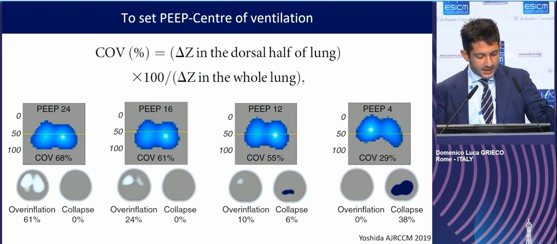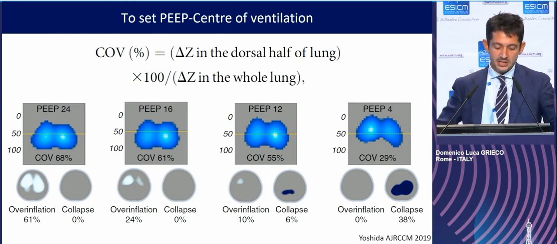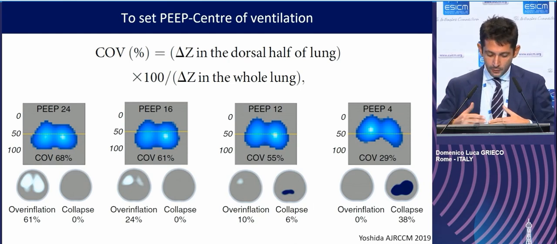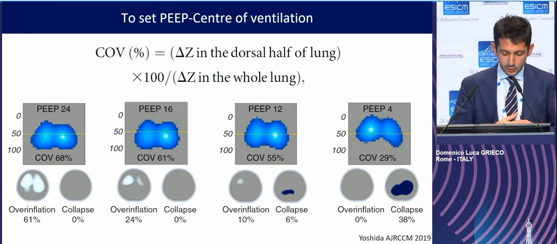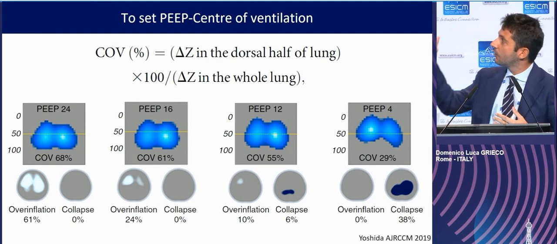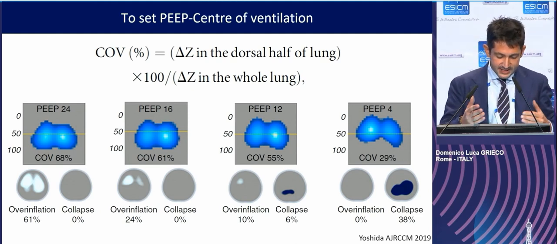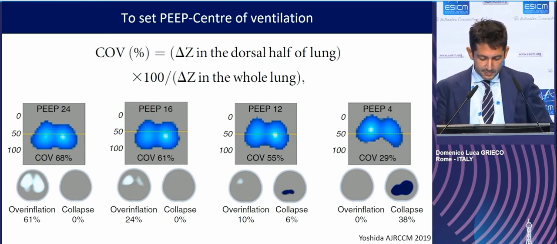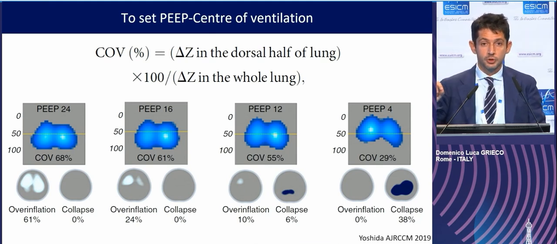And one point could be essentially a way of targeting a PEEP that allows the ventilation to be as balanced as possible between the ventral and the dorsal regions. And you see this can be easily calculated also from visual inspection of the signal. In this patient, this is called the center of ventilation, and you clearly see that the point of PEEP in which the center of ventilation is more close to the center of the lungs is the one corresponding to PEEP